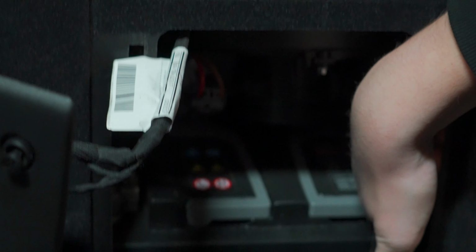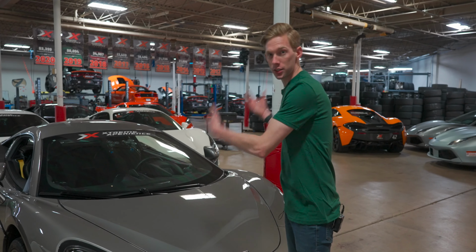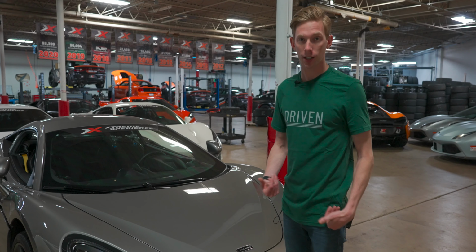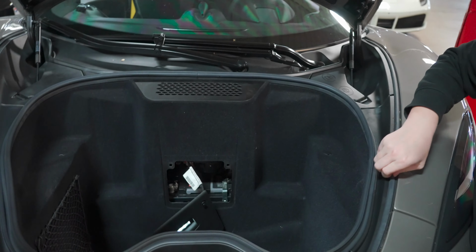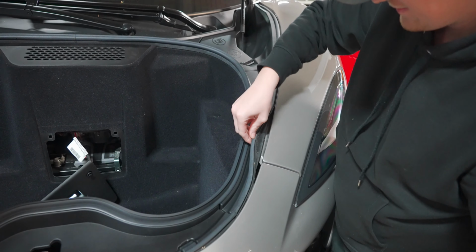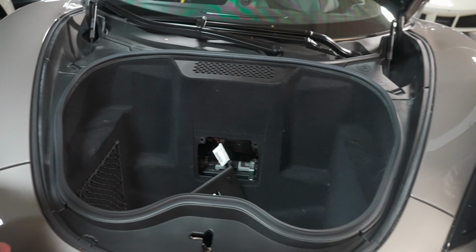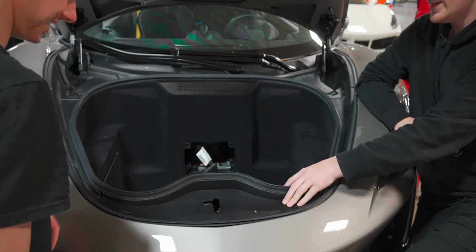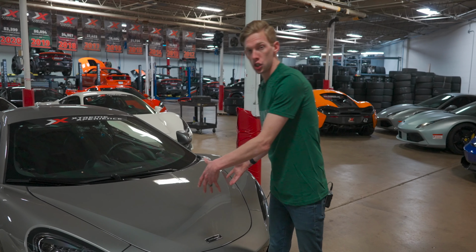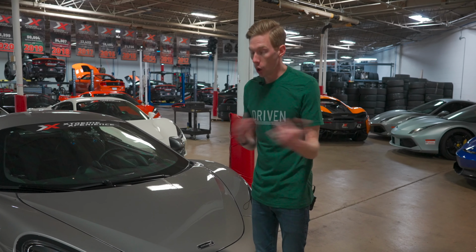So this dude who's helping you with jumping your car, who's waiting for you, you've got this open. You think, okay, perfect, we'll jump the car now. You can't. You have to literally go and release all of the weather stripping. You've got to pull it all out. Then you have to start undoing all of these different little bolts and pull out the entire front lining of this frunk just to get to your battery,